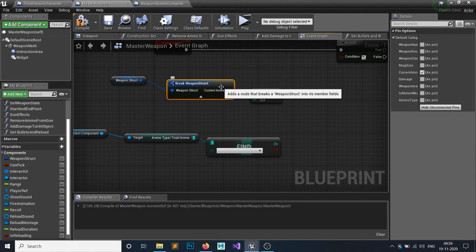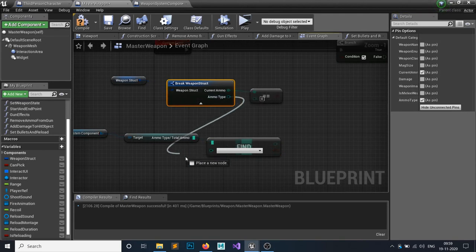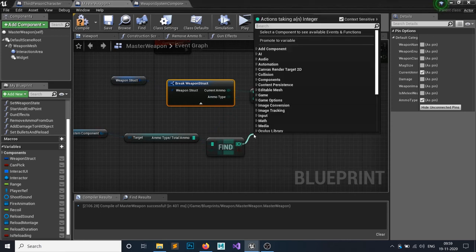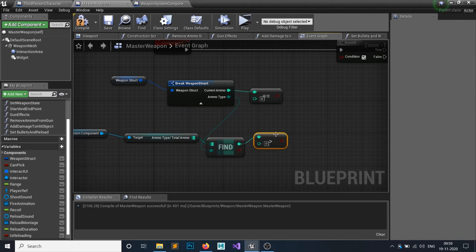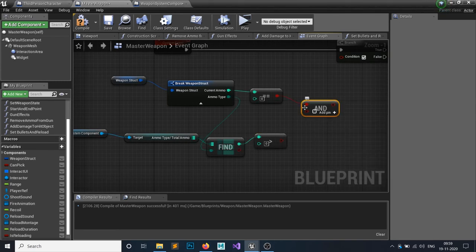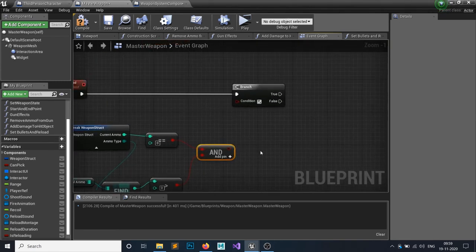For that ammo, obviously I need that ammo type. So I will find this type of ammo, and check if this is greater than 0 or not. Yes, it is. If both of these conditions are satisfied, then I want to auto reload, right?